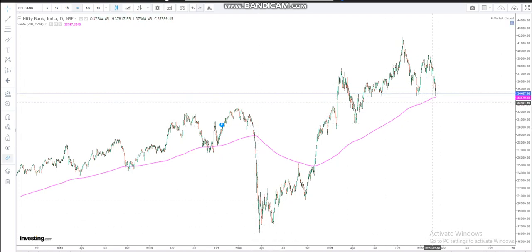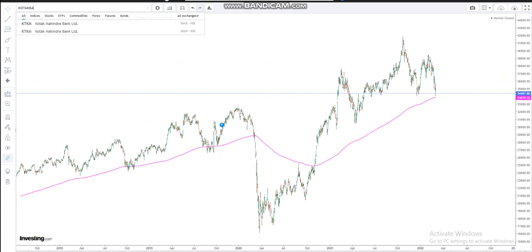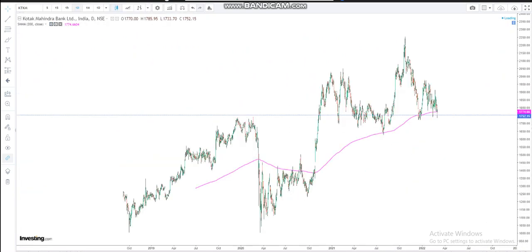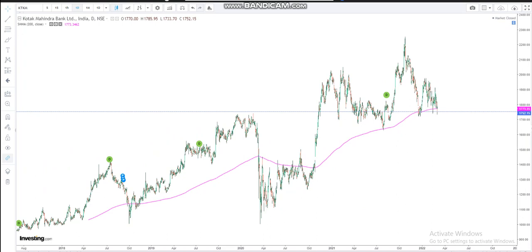But right now, the way this downfall is being tackled, of course going forward nothing is for sure, but since it is very near the 200 SMA, I am very much interested in companies like Kotak Bank. Say for example, if we look at Kotak Bank, and this is something you can also do on your own for your own stocks, here you can see that in the months of July and August, you remember the distribution phase, it was very near to this level, right?